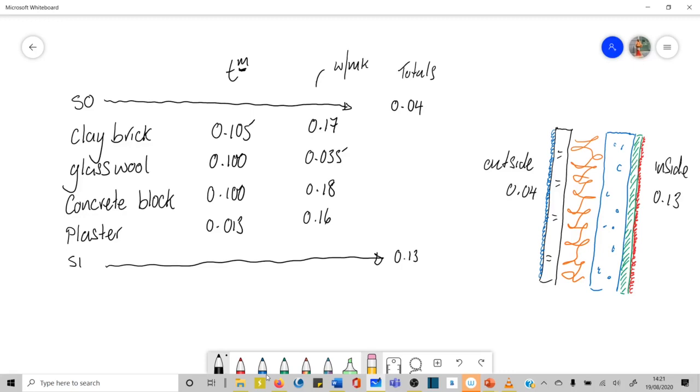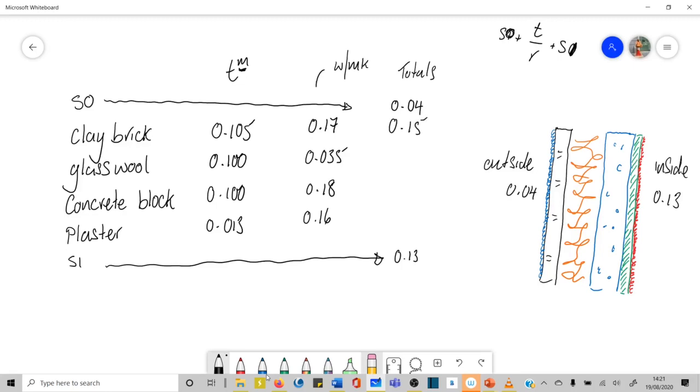Then we say clay brick, when we divide the thickness by the resistivity. Remember, SI plus thickness divided by resistivity plus SO. That's what we're doing here. In fact, I've done this the wrong way. I've done it that way. It doesn't matter which way you arrange it. So clay brick thickness divided by resistivity is